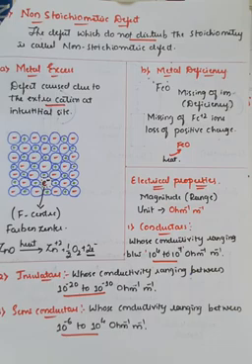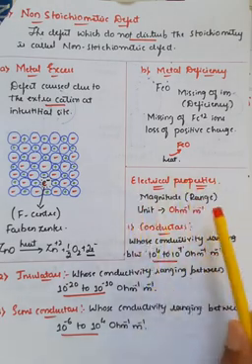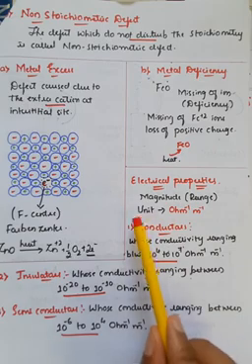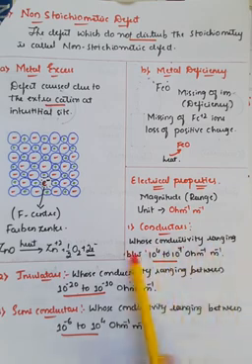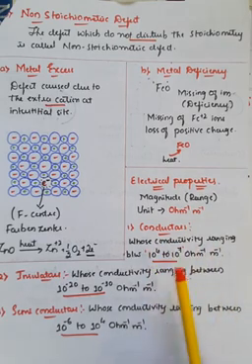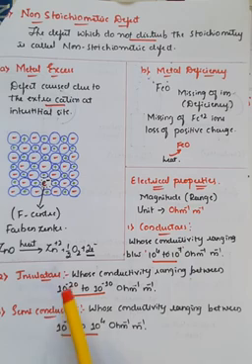And further, we have also seen the electrical properties. Electrical properties can be explained with the help of definition, with the help of magnitude or range, or with another type of explanation called band theory, which we'll study in the next class. So here, remember, we are explaining the electrical properties based on magnitude or range, and the unit for the measurement is per ohm meter. In conductors, the conductivity ranges between 10 raised to 4 to 10 raised to 7, both positive values. In insulators, 10 raised to minus 20 to 10 raised to minus 10, both negative values. And in case of semiconductor, what happens?